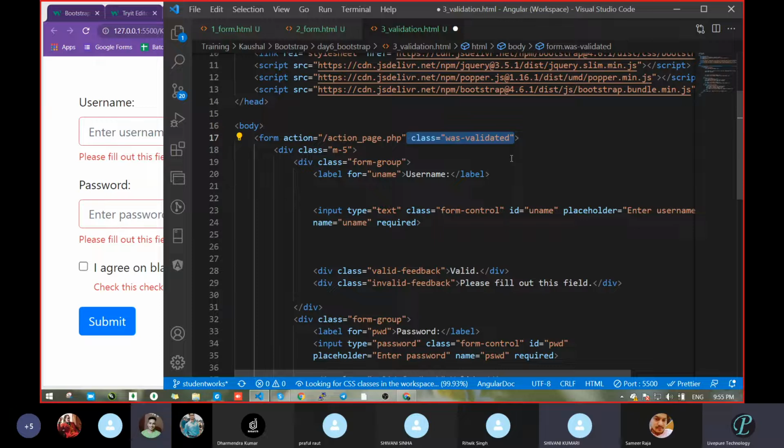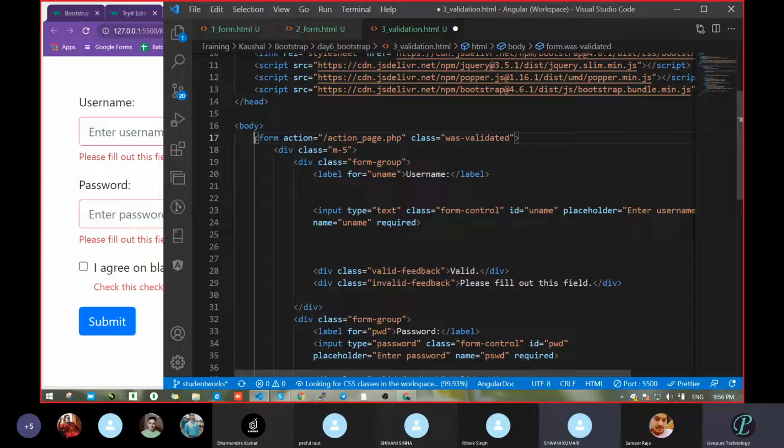With the help of was-validated, it will give you the pop-up whether you had validated the form or not. It will detect your input field, whether you had filled some data or not. Once you fill the data, you will get the message, and accordingly we had passed the class, invalid or valid. That's why in the form tag this class was-validated is available in the parent.